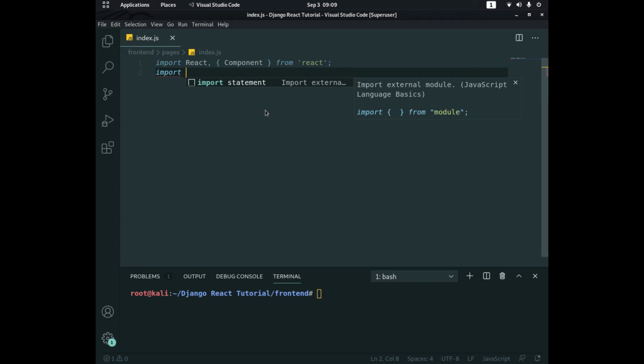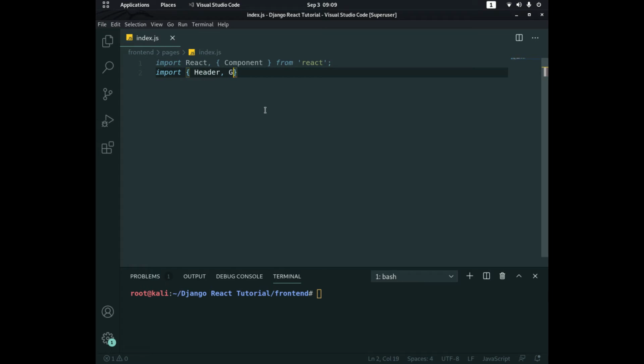Semantic UI React acts like a bootstrap module. So semantic is like a bootstrap. It is used to provide some components which will help to build our front end in a much better and simpler way. So I will import Header